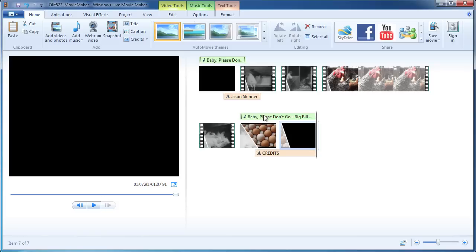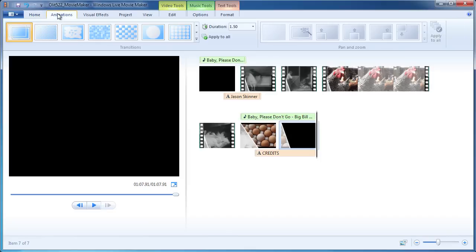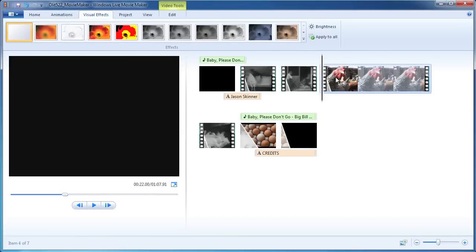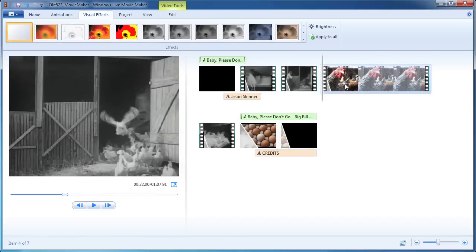There are a couple of other things that we can take a look at, though, in Movie Maker. So let's look at some more tools. First, I'm going to click Save. Great. We've looked at animations, and mainly those are our transitions, pan and zoom effect, etc. But what we haven't looked at are visual effects. So let's put my playhead right on